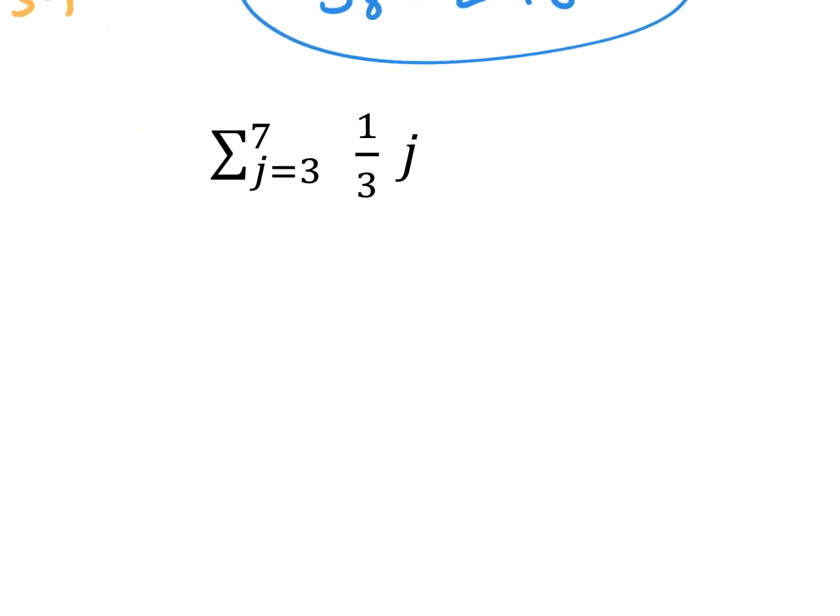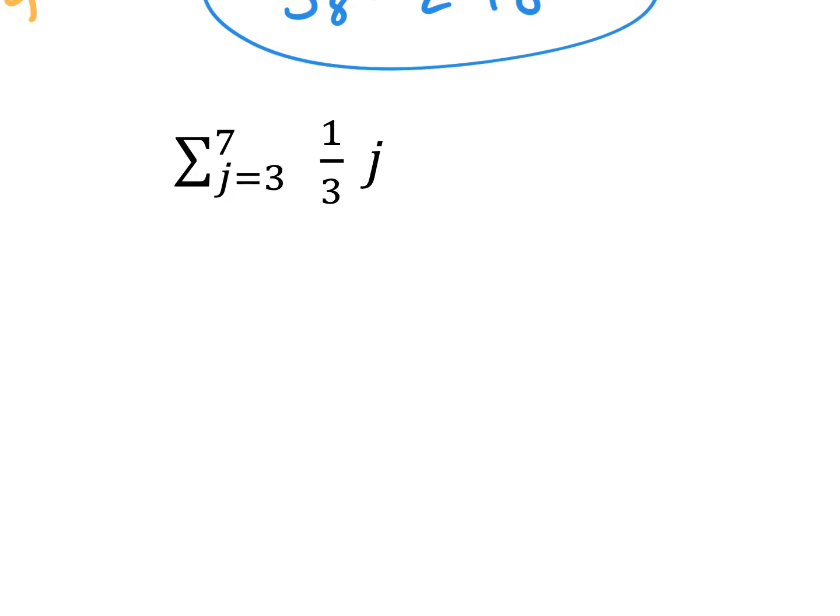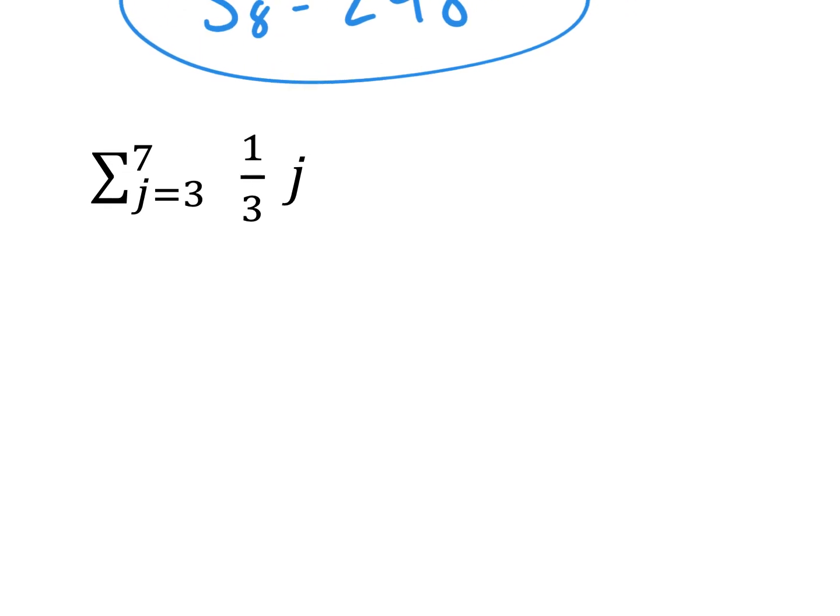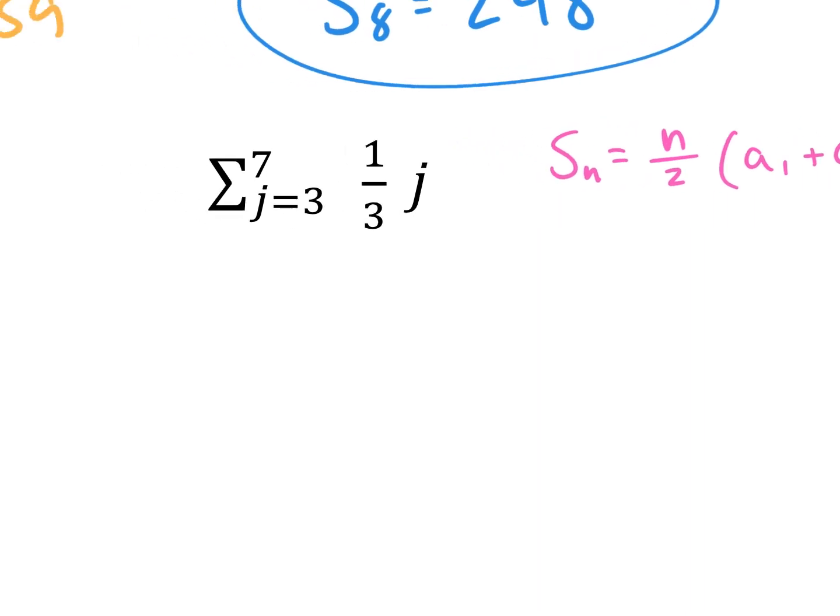What type of sequence do we have here? Arithmetic. Because, again, I'm multiplying my variable by a coefficient, so this would be arithmetic. If I had an exponent, then it would be geometric. So I'm going to use my sum formula again. So S sub n is equal to n over 2 times the first term plus the last term. Now this one, to find n,